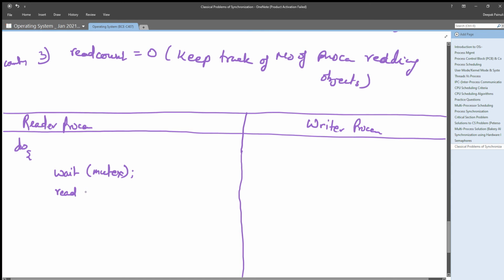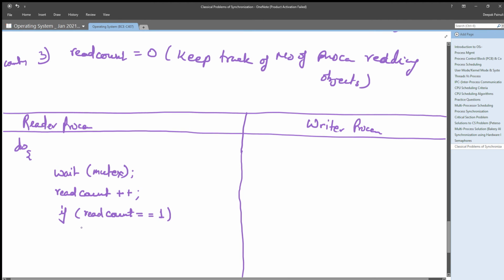Read count, then it will increment read count. If read count equals 1, that means no other process is reading, right?